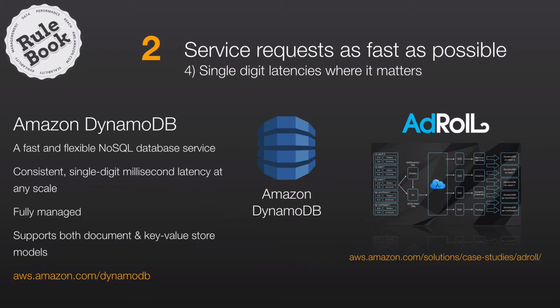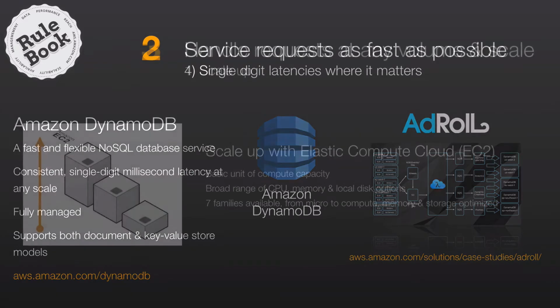It's table storage in the cloud essentially with a flexible schema that allows you to store documents or key value pairs in a very scalable infrastructure where you just dial in the amount of database performance that you need, and Amazon Web Services takes care of provisioning the infrastructure and resharding your database in order to deliver that performance for you. If you want to learn more about a customer that's using this for a very, very demanding use case, I'd advise you to take a look at this case study from AdRoll. This takes the form of a video that you can access on the AWS website, and it talks about the way in which AdRoll are using DynamoDB to support their ad retargeting platform.